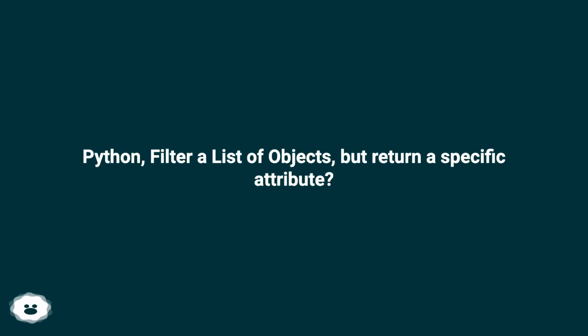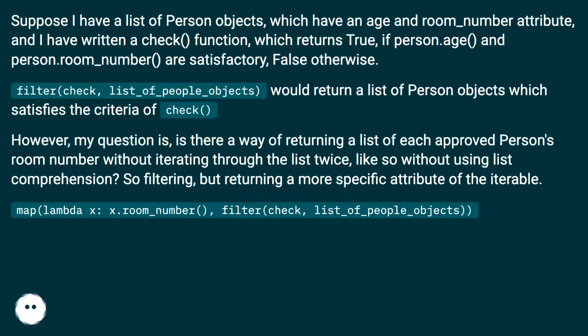Python, filter a list of objects, but return a specific attribute. Suppose I have a list of person objects, which have an age and room_number attribute, and I have written a check function, which returns true if person.age and person.room_number are satisfactory, false otherwise. filter(check, list_of_people_objects) would return a list of person objects which satisfies the criteria